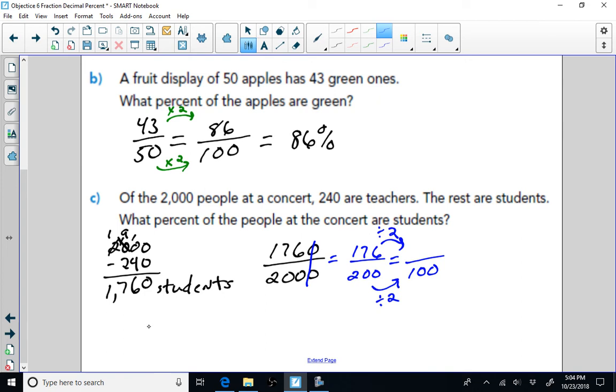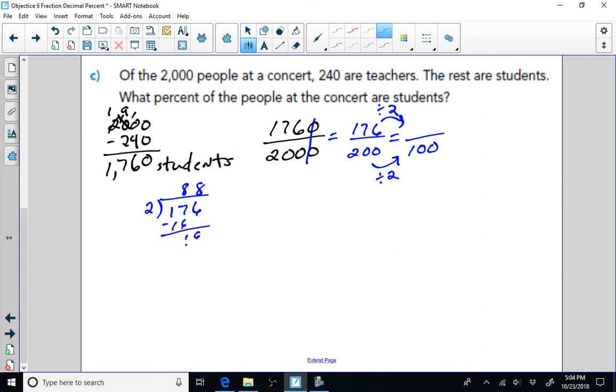So I go to the side of my paper and I take 2 into 176. 8 times 2 is 16. Subtract, I get 1, bring down the 6. 8 times 2 is 16. Subtract, I get 0. So we have 176 out of 200 is the same as 88 out of 100, which is 88%